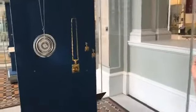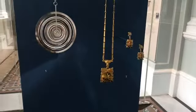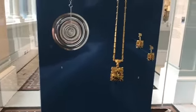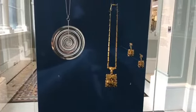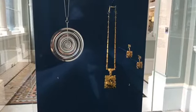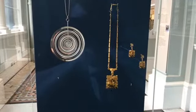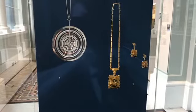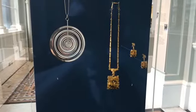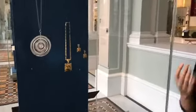But Bjorn really was creating pieces at that stage which were far too radical for even the Finnish market. But his friend Attila, who established Lapponia, was really confident that actually Bjorn's work had an impact and they would basically find their place within the jewellery sector. And this suite actually was designed and was created for a jewellery competition in Buenos Aires in 1968, and actually won the Grand Prix that year, bringing international acclaim to